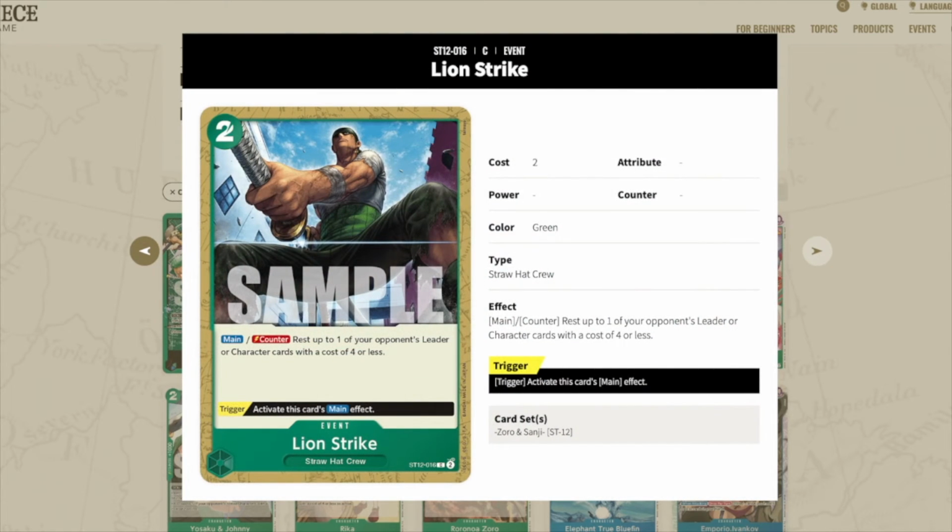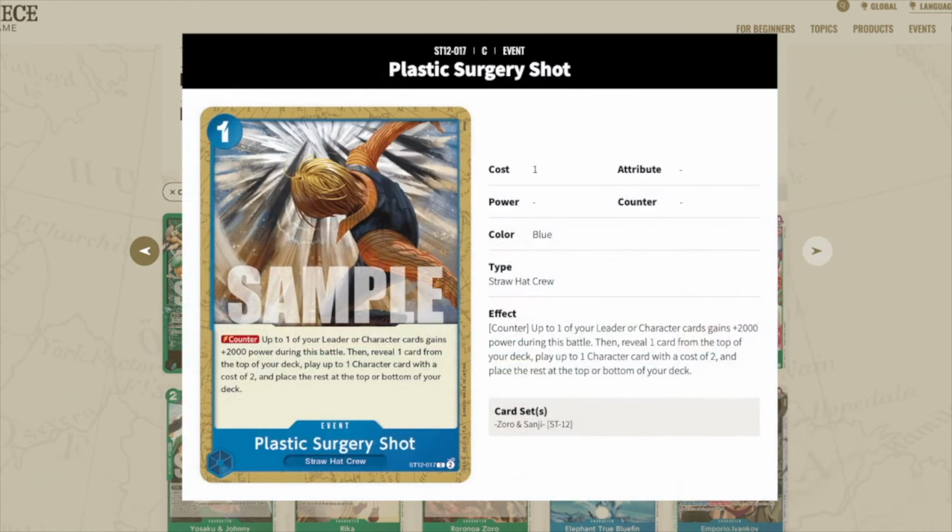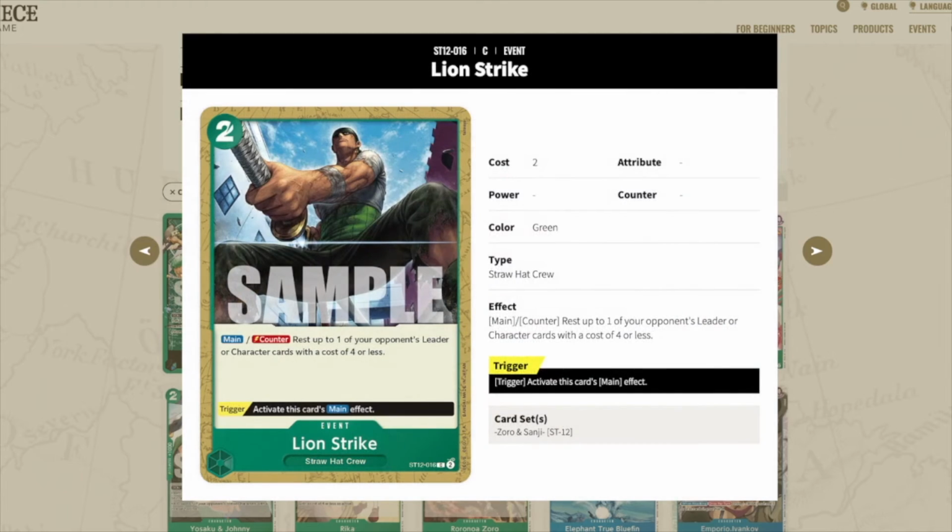And finally, in the events, we've got Lion Strike. There's a 2-cost event. Main counter, rest up to one of your opponent's leader or character cards with a cost of 4 or less. This is okay, but Straw Sword literally exists. And then Plastic Surgery Shot. This is 1-cost counter. Give 2k. Well, okay, I should clarify. This can do it at counter speed, so okay, there is a benefit there, but I mean,